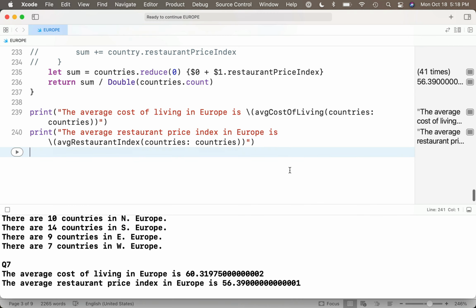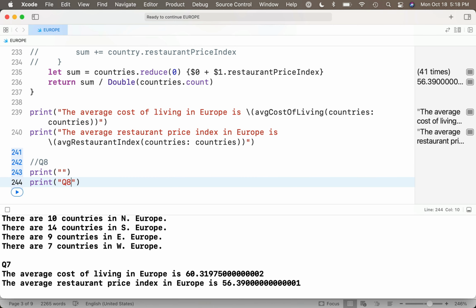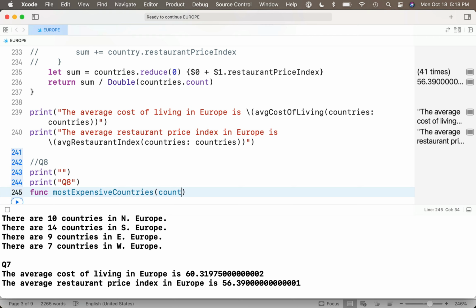So we'll head back to Xcode. We'll put in our comment and print statements. Then func most expensive countries, and in parentheses countries colon, and then in brackets capital C country, and we're going to be passing a value back which is a string, so we draw our arrow with a dash greater than symbol, string,